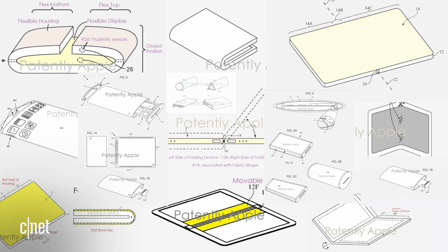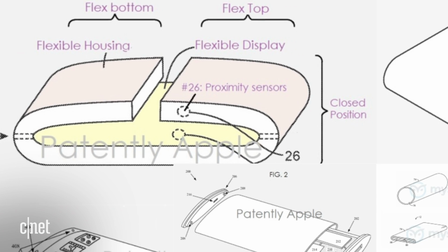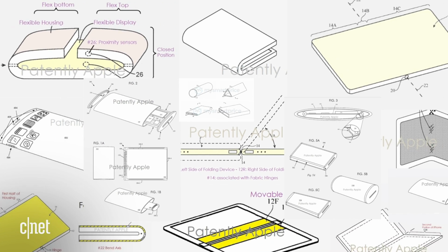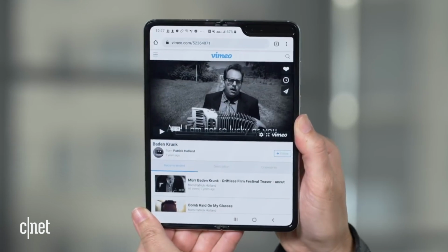And boy, did we have patents. Apple took out pretty much every patent under the sun when it comes to foldable displays. So you had origami style folding, you had wraparound display. Luckily, both Bloomberg and Kuo agree that this would be more of a traditional fold out design, and it would